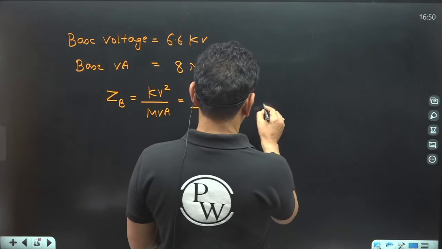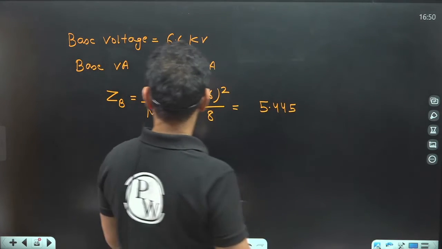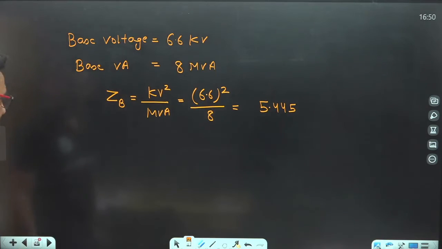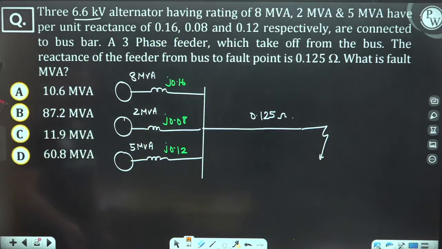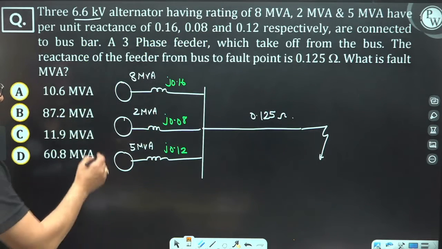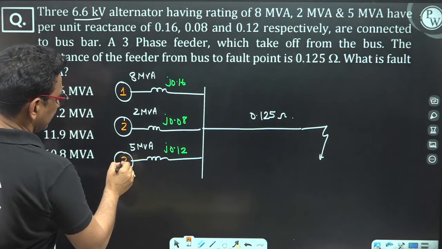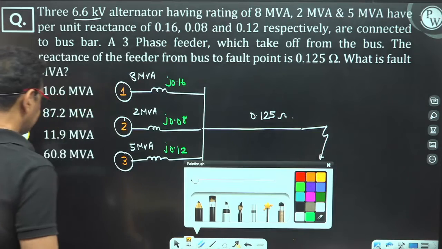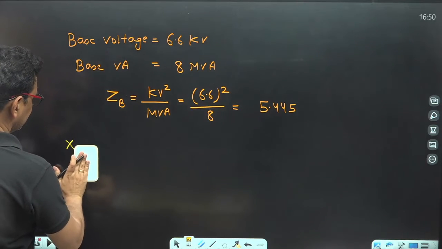$5.445. 5.445 is the ZB, the value of ZB. Now I will convert all the reactances into the base value. So let's take alternator number 1, alternator number 2, alternator number 3. The reactance of alternator number 1, X1,